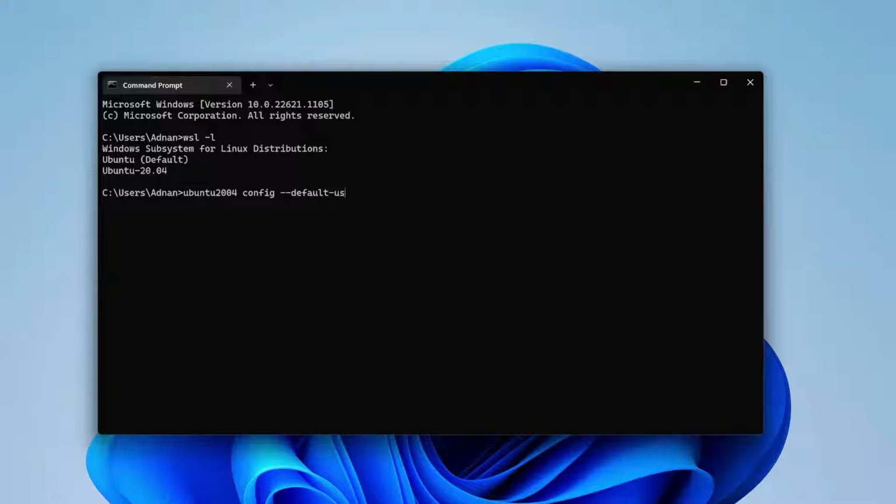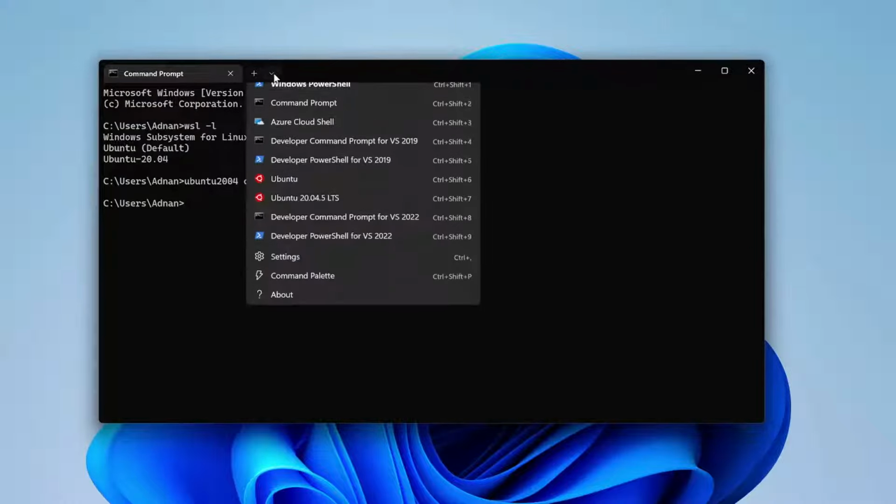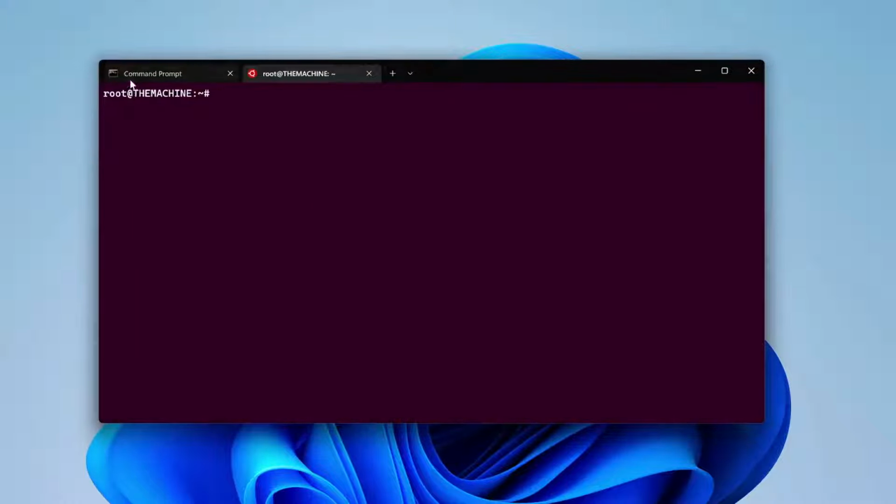Here we are changing the default user of the distribution to the root user, which would allow us to change the password of our sudo user Adnan. Now, as we are logged in as root user into our distribution, we can use the passwd command to change the password of any